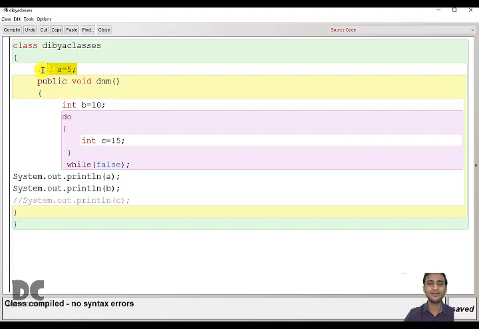All these functions can access the variable a because it is declared globally. So once you have declared a variable in a class, that is, as a member of a class, it can be used by all the functions within that class. That is the advantage of declaring a variable outside the function and within a class.